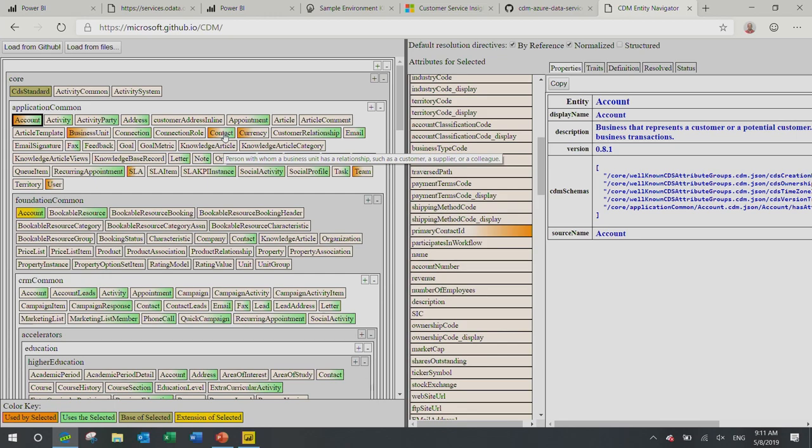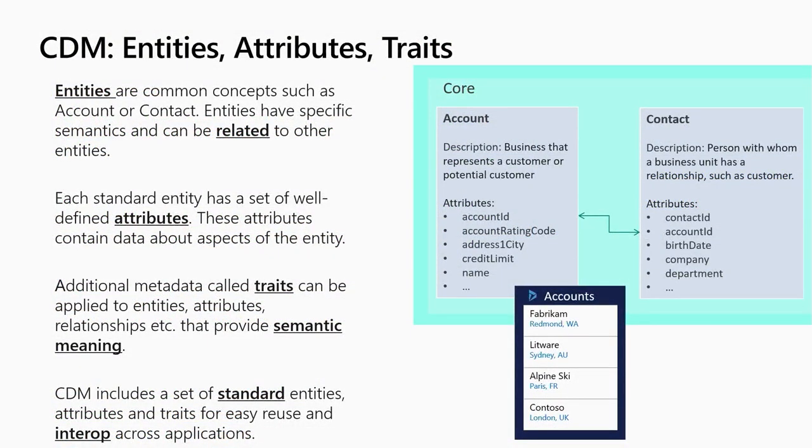So going back, that basically shows you how we reflect this in the CDM. You have entities, you have a set of attributes, which you can think of as columns, but those attributes can have not only data types, they can also describe what the attribute means, and there are traits that we also use to enrich the semantics.